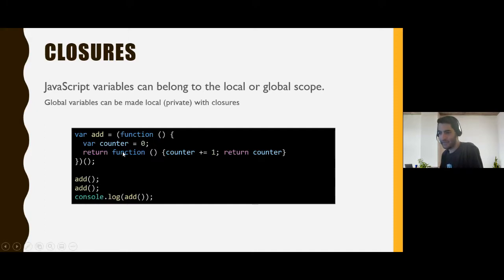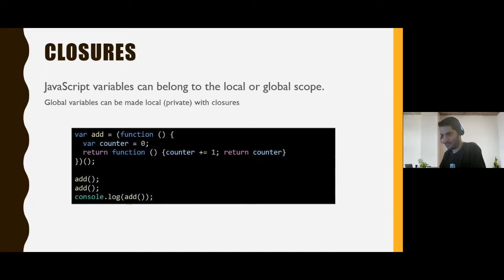And here is an example of how you can use it, because in many cases I want to create a variable, let's say counter, but I don't want anyone from outside the function to change counter, to say, let's say, counter equals -1 or whatever. I want people to only use the wrapper function that I added,